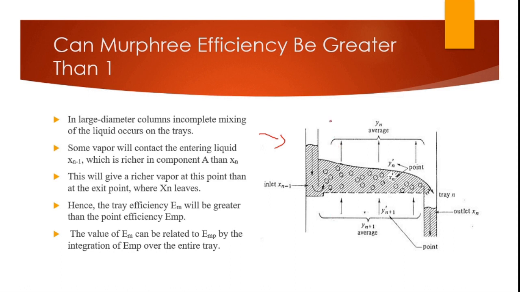I told you that the concentration of vapor at the initial junction will be higher compared to, let's say, this area, because it is stripping away the liquid which is richer in the volatile components in this zone, compared to this area. Now this area right here will have a higher concentration, and the average of this,